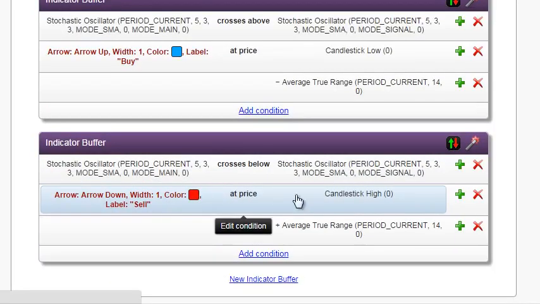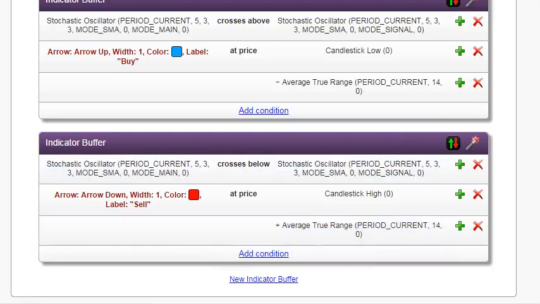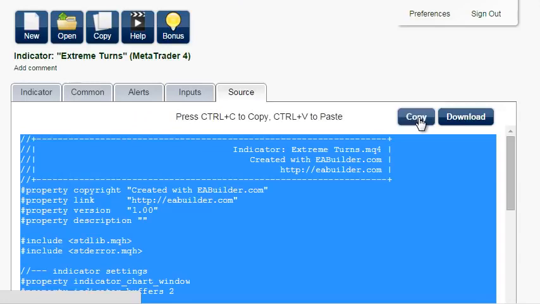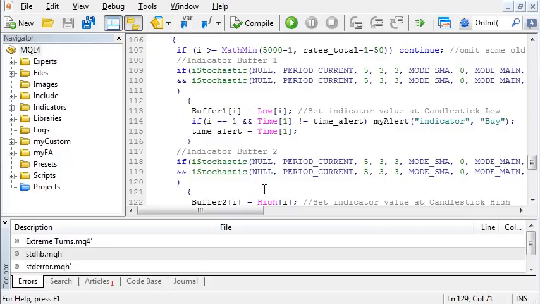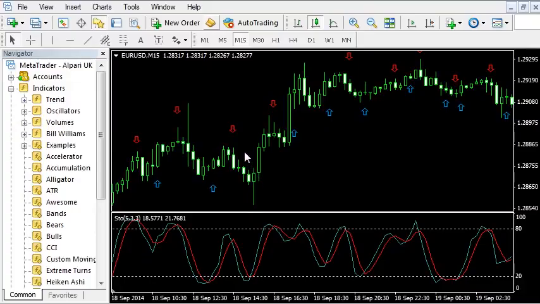The red arrow is drawn at candlestick high, plus the average true range. Copy the source, paste, compile, and now it looks better. But there are too many arrows when the market is in this flat area. We will make additional conditions to display arrows only at the extremes,